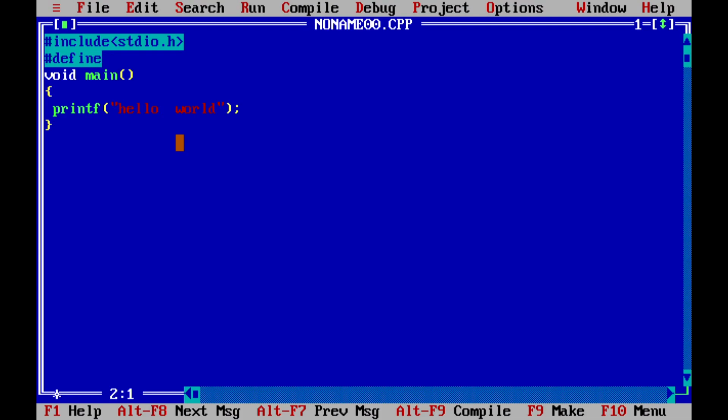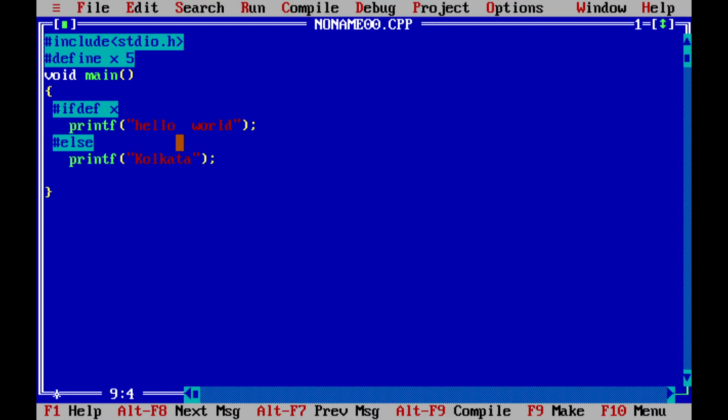Now if I do this hash define x 5, and suppose here I have written ifdef x, then printf hello world, else printf Kolkata, and finally endif.